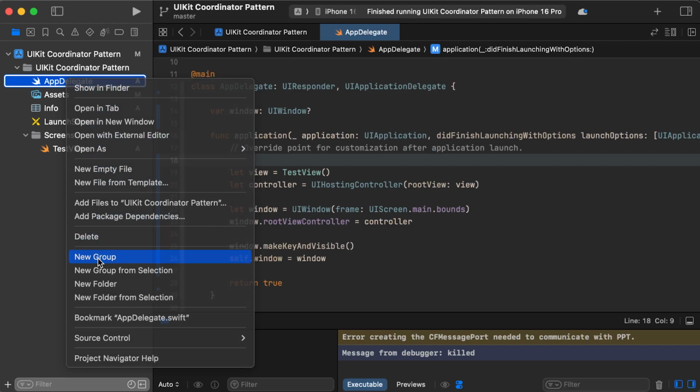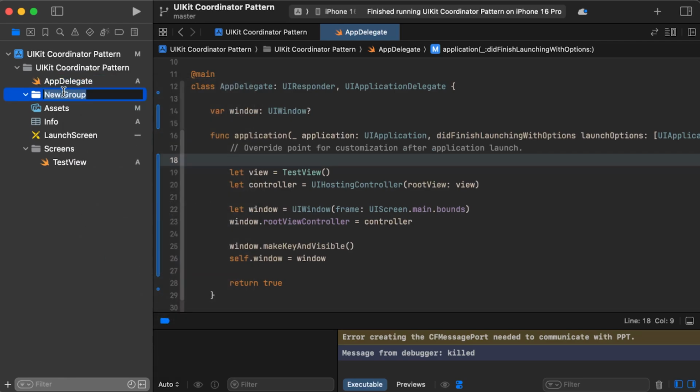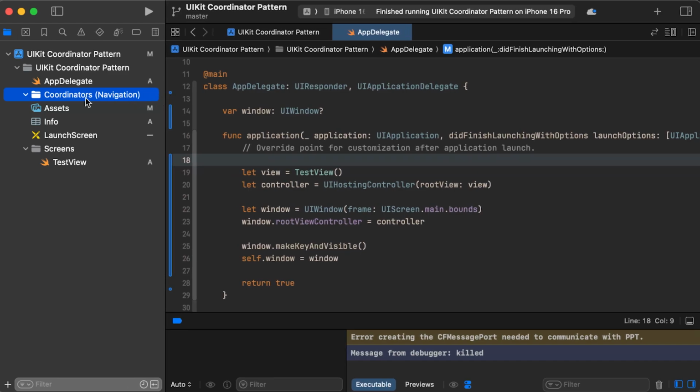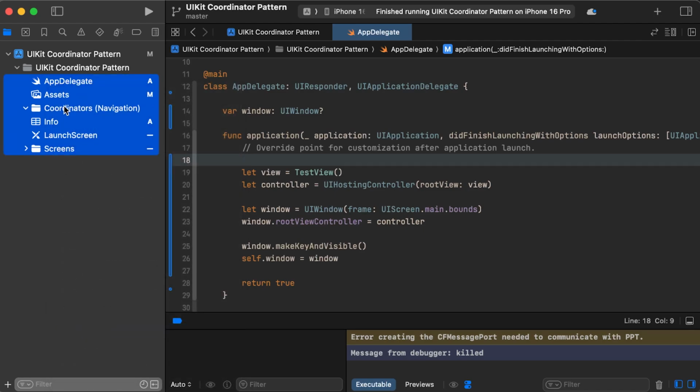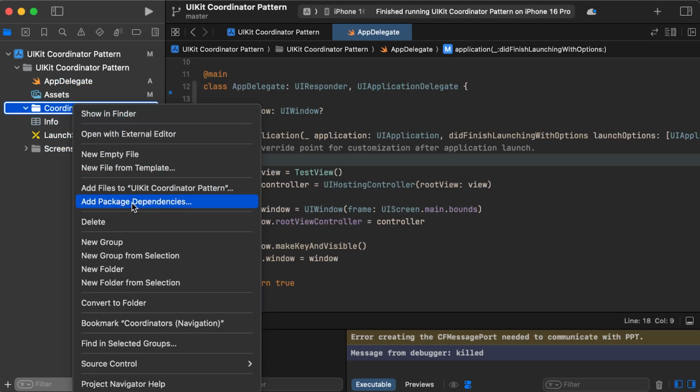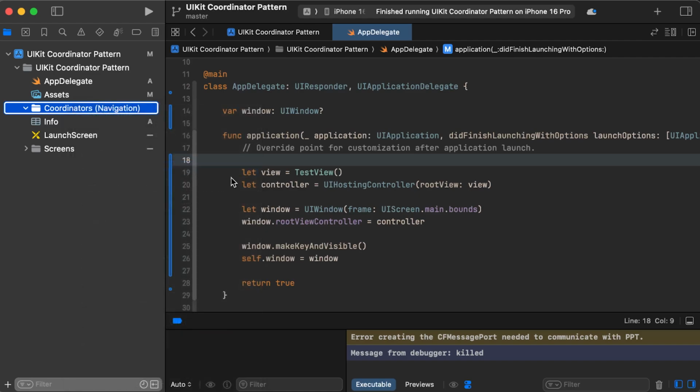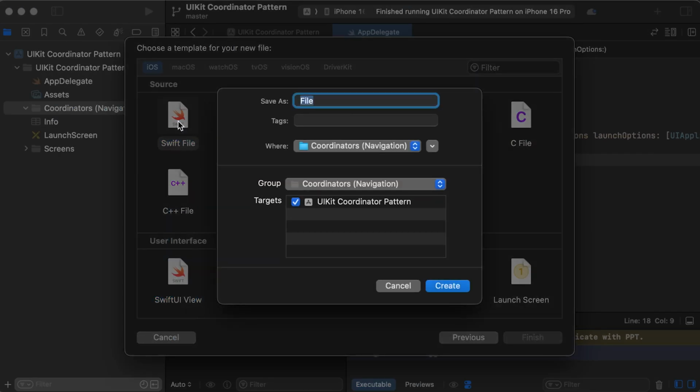Just create a new group. Here we go. What I like to call these is just coordinators. If you really want to be explicit, you can say navigation in parentheses. I sometimes do this if I know there are people on the team that don't actually know what coordinators are. And then I will sort this. And within the coordinators, we're going to create a new from template Swift file, application